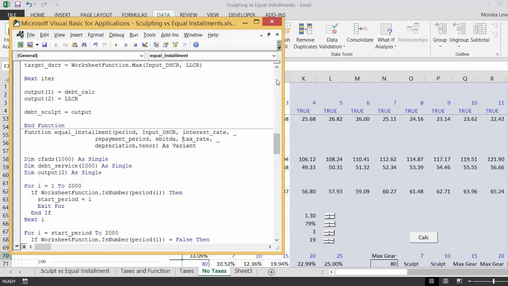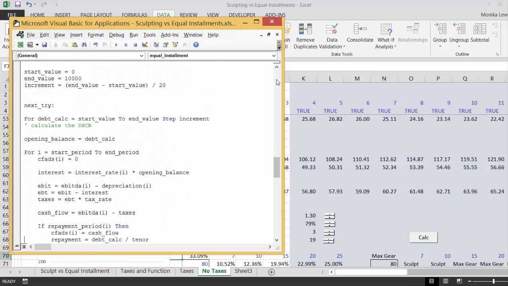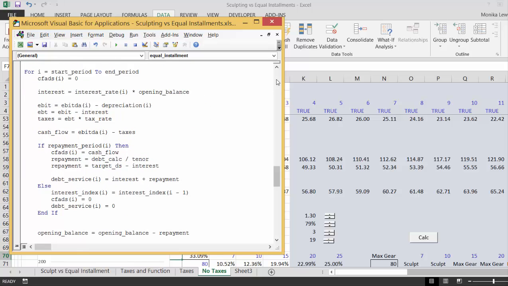We'll use the repayment period because we might have a grace period. Okay, we need the depreciation because the DSCR is computed after taxes, so we need very much of the same kind of things. So then the repayment is this,